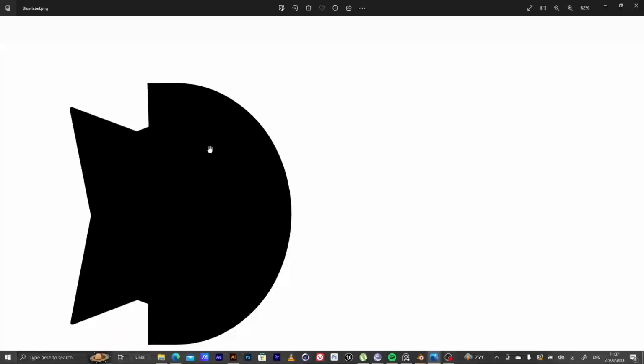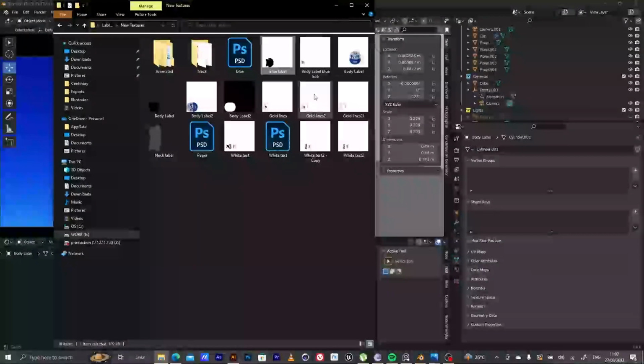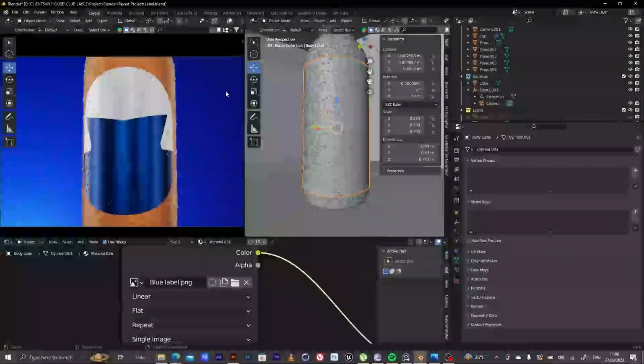This is the unwrapped texture that I imported into Blender. So this is in black. It is in black and white, and it's very important for you to have them in black and white because contrary to how alpha works, black is where the visible stuff would be, white is where the non-visible stuff would be. So white is transparent, black is visible,